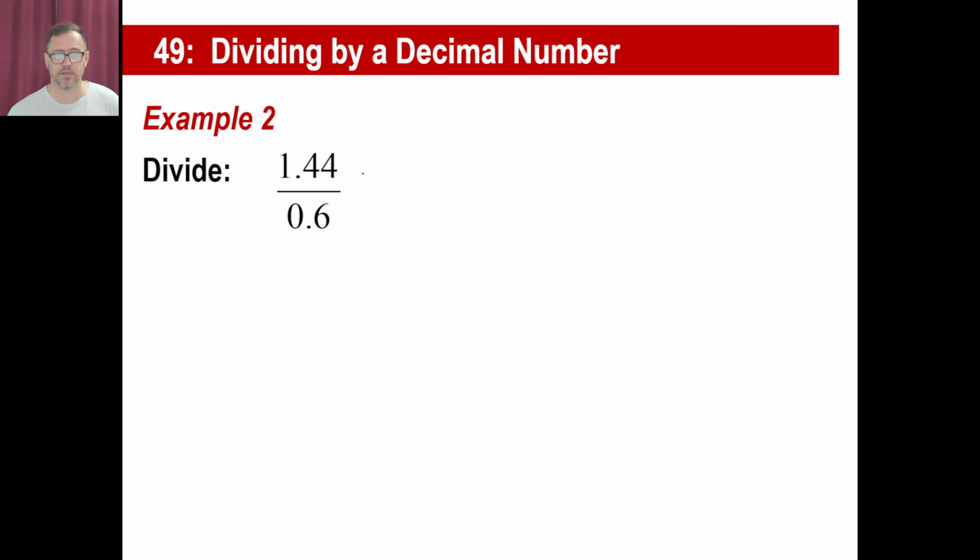Really what we're doing here is, there's two things. Either you could just say, okay, I'm going to multiply everything by 10, right? If you multiply the bottom by 10, that's going to be 6. If you multiply the top by 10, the decimal goes there, and it's going to be 14.4 divided by 6. Now, if you wanted to, you could multiply this by 100 twice over to get rid of that,